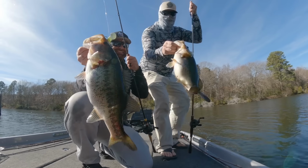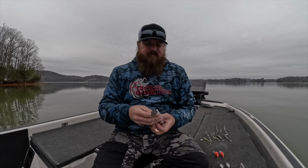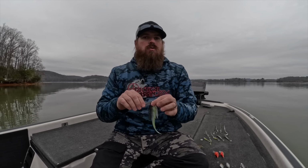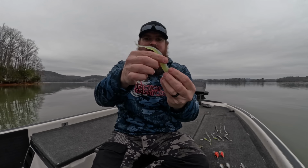I like to dance my bait, so I don't just slow roll. I'll work that thing, pop that rod tip, get that bait to dance. This is the jackhammer. If I could only have one, it's a 1/2 ounce jackhammer paired up to a 5.5